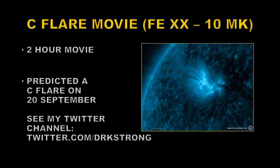So you can see the general structure of the sun, and then what you'll see is a brightening in the region itself. Now I predicted this flare about 5 or 6 days before it actually occurred,